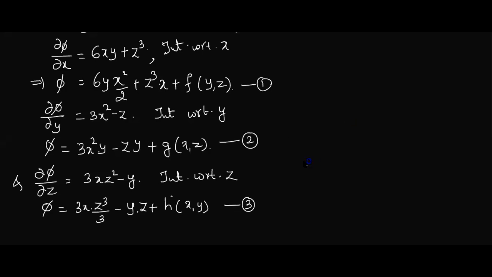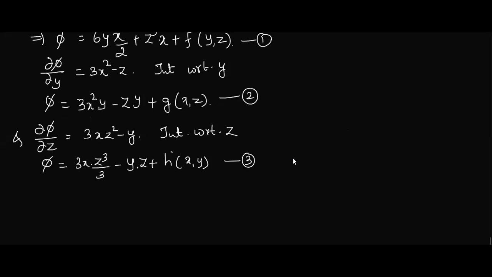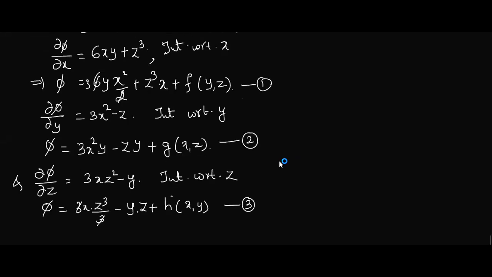Now, if you see the question, we want only one phi. But how many phi's are we getting here? There are three. We should get one unique expression. For that, you need to do a comparison. Do it very carefully, because it is not fixed for all problems. Just concentrate and let me explain.